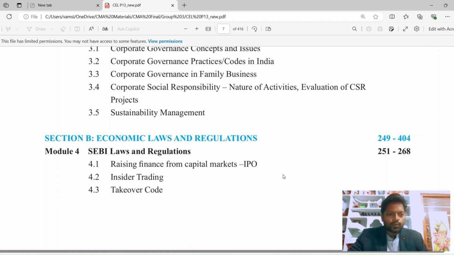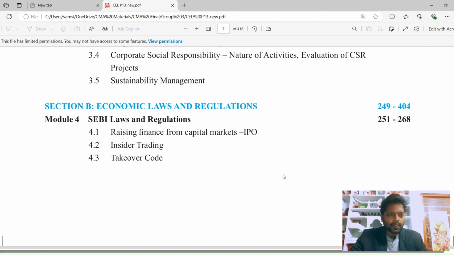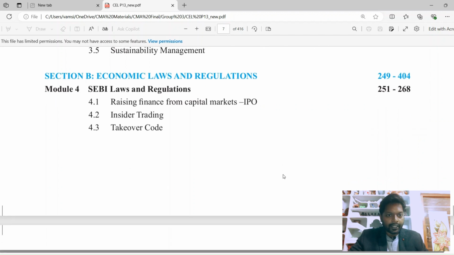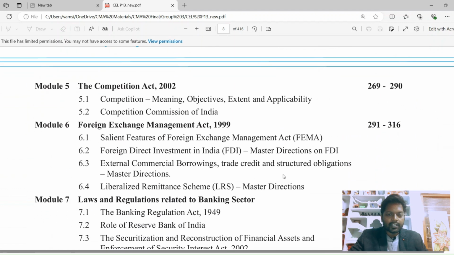So coming to section B, economic laws and regulations, it covers the following topics. Module 4, SEBI laws and regulations: 4.1 raising finance from capital markets, IPO; 4.2 insider trading; 4.3 takeover code. Module 5, the Competition Act 2002, which is very interesting: 5.1 competition, meaning, objectives, extent and applicability; 5.2